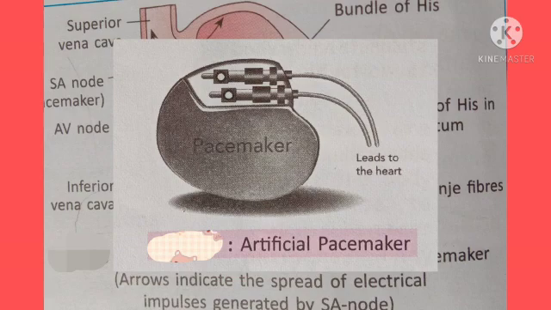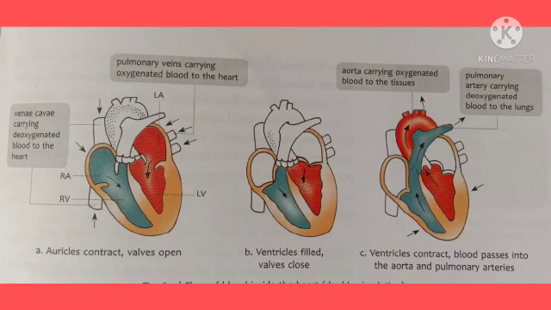Heartbeat and cardiac cycle. All the heart muscles do not contract at the same time. The auricles contract first, forcing blood into the ventricles. Then the ventricles contract a fraction of a second later, and the blood is pushed into the pulmonary arteries and the aorta. The auricles relax and blood flows into them from pulmonary veins and vena cava. By this time, the ventricles have also emptied and the whole heart relaxes.